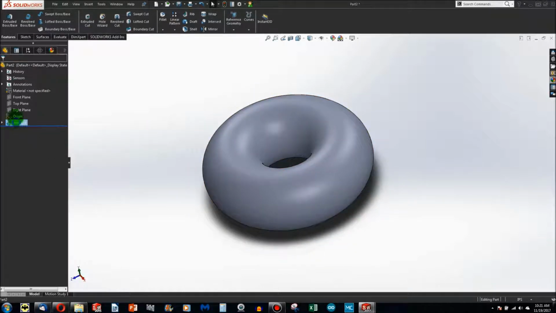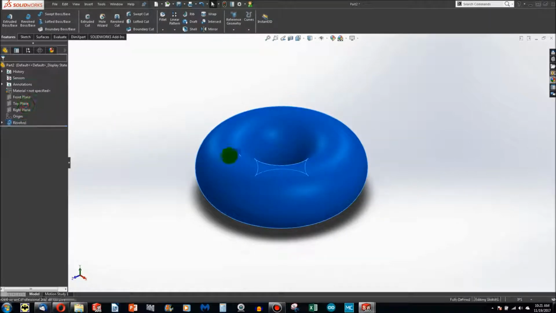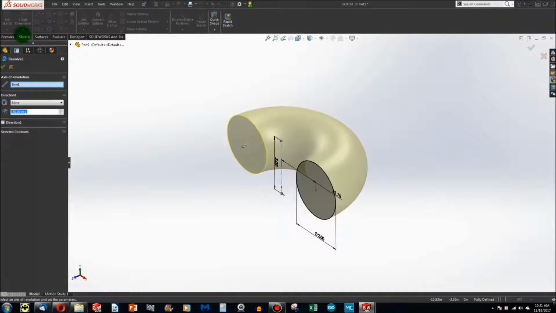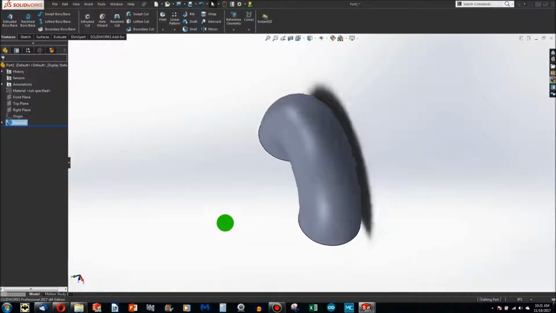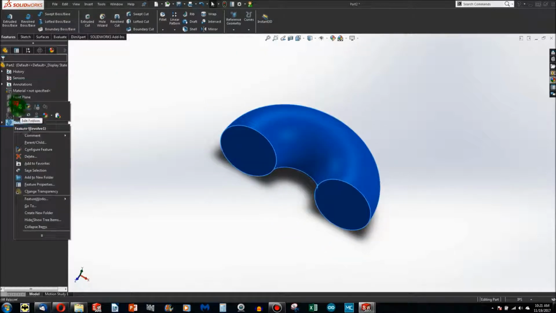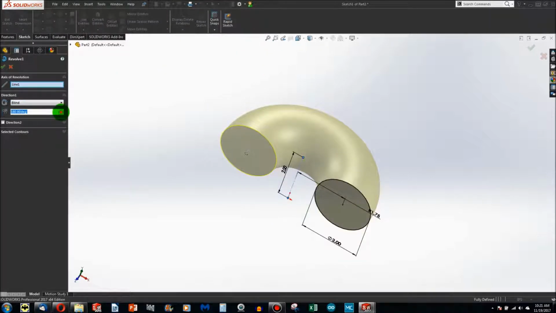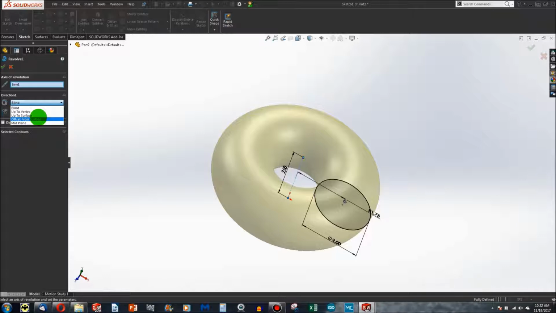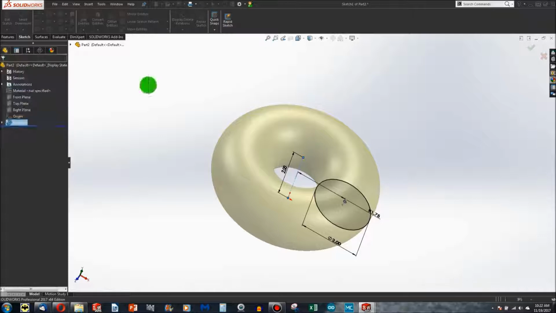Now the Revolve has a lot of options associated with it. So when I edit the feature, I can choose 180 degrees if I want to. And I've made, I don't know, something that looks like an arch. So I can specify the amount of rotation I want within the Revolve menu. I can also revolve up to a surface or a vertex, which works the same way as extrude. In this case it's not very applicable, but maybe I should do an example